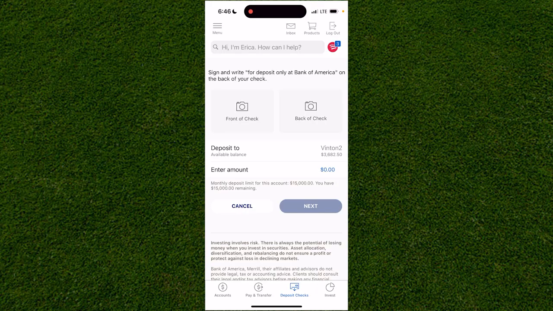It will take about 24 hours to populate into your Bank of America balance. But once you've done that, it will just show up in your account and you will be good. I just recommend holding on to the check until it actually does show up in your balance so you don't lose the money and do not just make